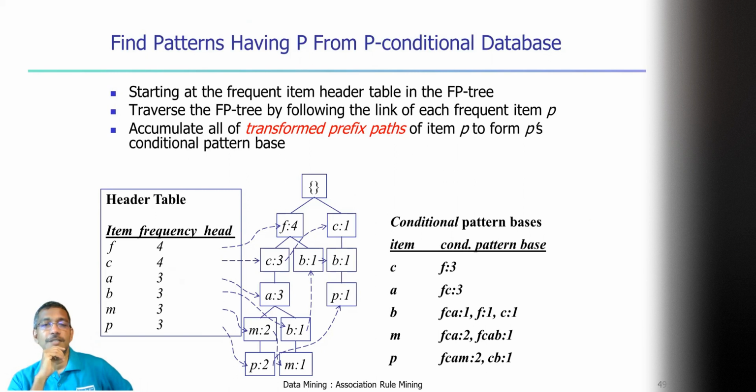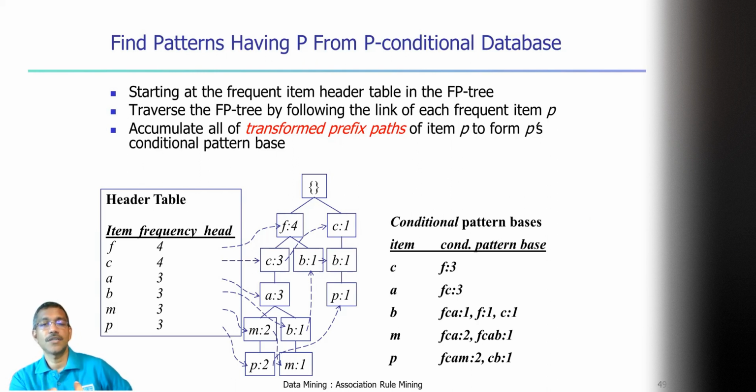Let me roll back a little bit. We start from the header table. You might be wondering why we don't have any patterns for F. That's because F and C are at the top. By itself we don't create patterns, since we know that there are anyway frequent one item patterns. So we start with the first second level node, the C. That's why we start with the C. We see that there's a frequency of 4 for C, and then we